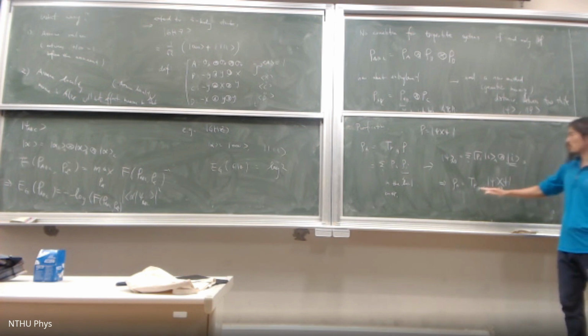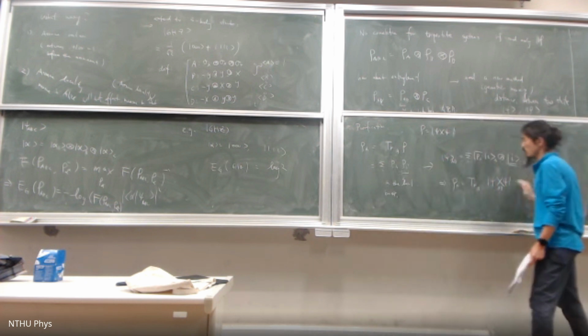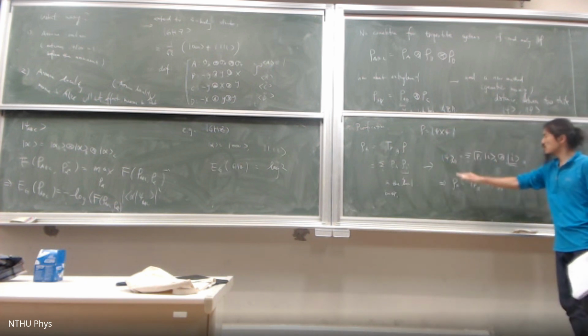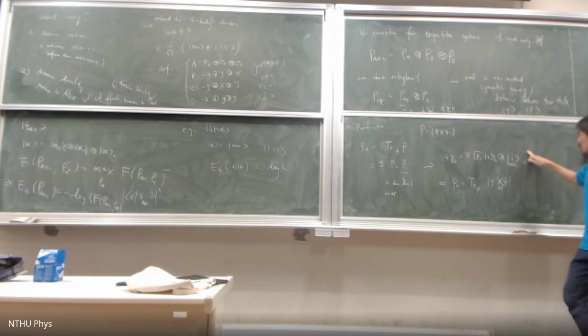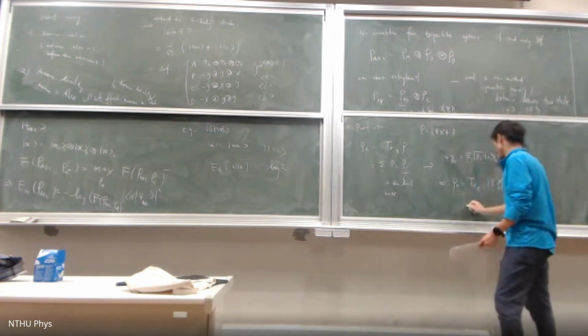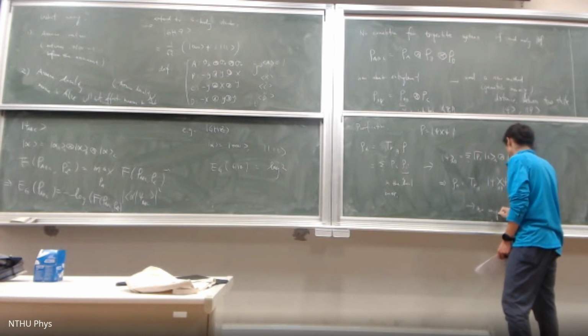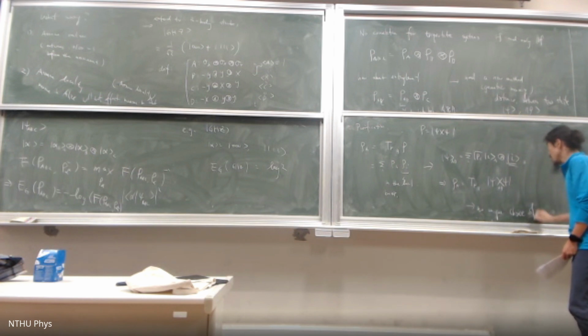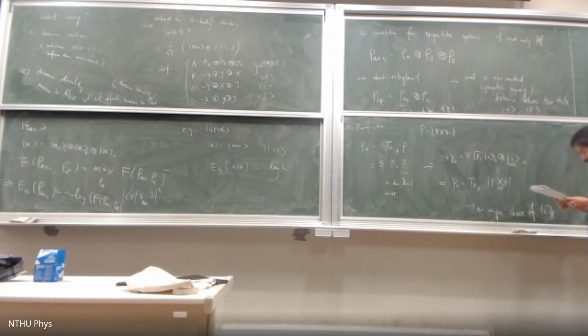So you can see this is a purification. You want to back-engineer a pure state for a given mixed state. You can do this by attaching degrees of freedom in B, but B in this expression is relatively arbitrary. There's no unique choice, because this index i is the index of a local basis. I can use these indices for different bases, and it will lead to the same mixed state. So no unique choice of i in B, all leading to the same mixed state. Okay. Equivalently, let's say in this